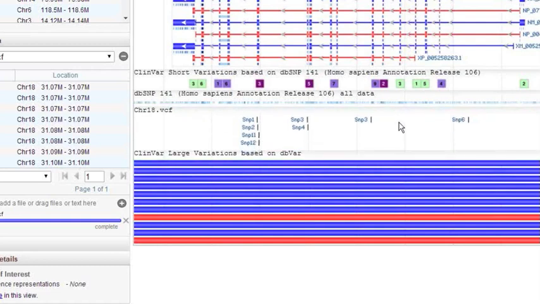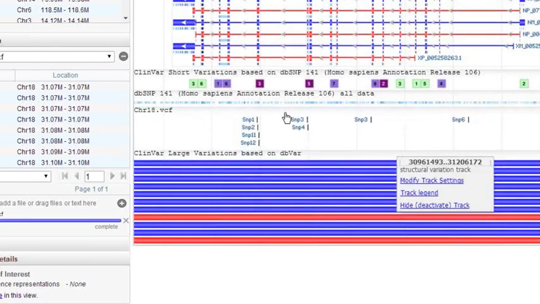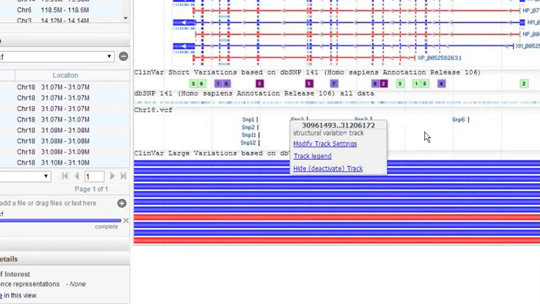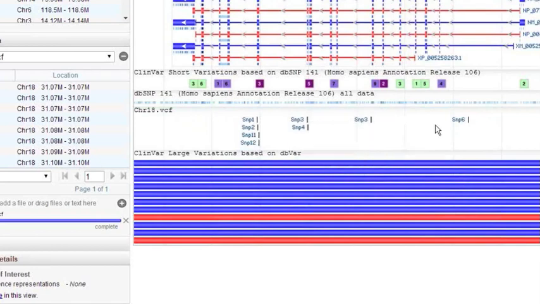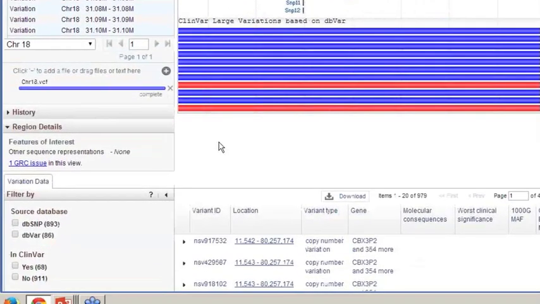So if I would like to have it closer to the actual SNP track, I can do that here. And I can see where some of these may line up with known SNPs. Some of them may be things that we've discovered and nobody knows about. So let's move down. Now we're going to move down to the filters down here, and then we're going to